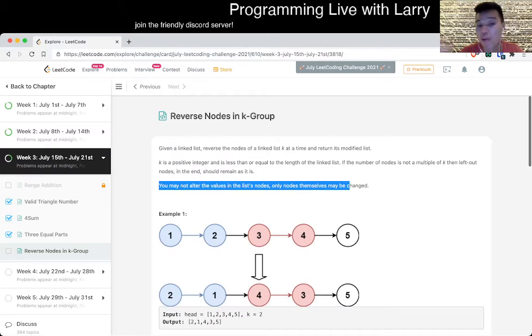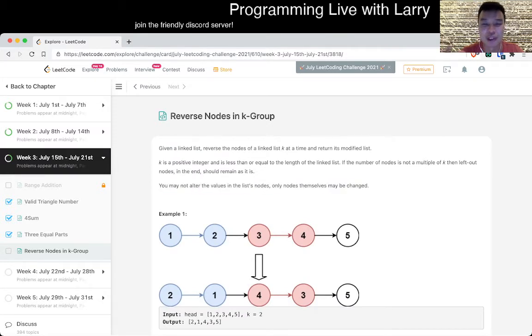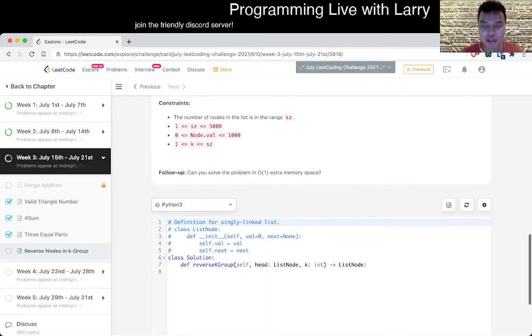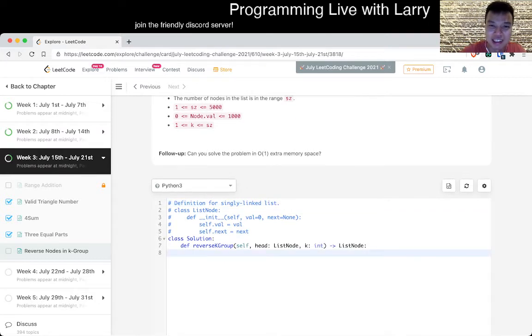We change the node pointers versus just changing the value, which would be even more trivial, like push everything on the list, reverse it, and then create it again. If I had to do it on a contest, I might do it that way and totally be cheating, to be honest. But yeah, so let's